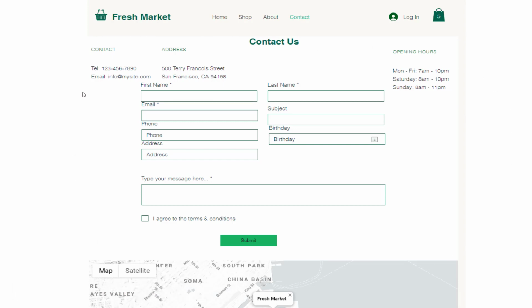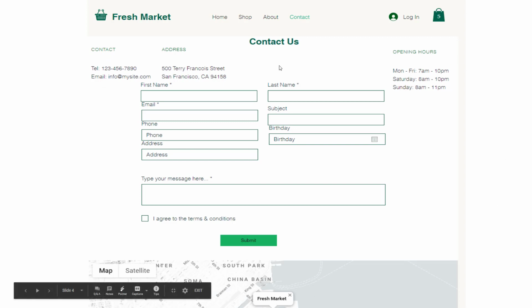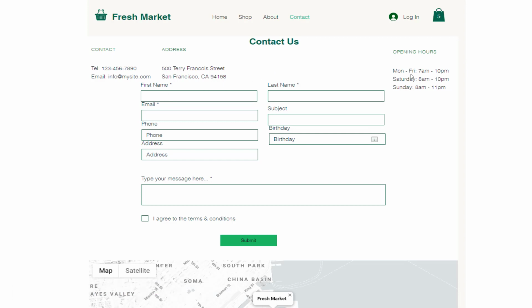If you look carefully at the wireframe provided by the user for the contact us page, there is loads of information that needs to be developed. In the header section, we need to provide the text information of the contact details, address details, and the opening hours of the store. And in the body section, we need to provide the input boxes so that the user can input their personal details like first name, last name, email, subject, phone number, address, birthday, and also they can enter their personal message here.